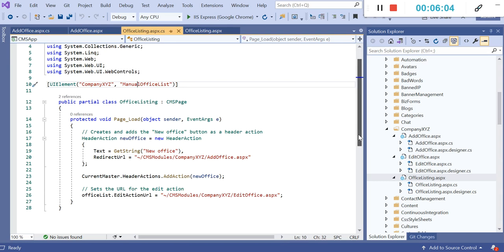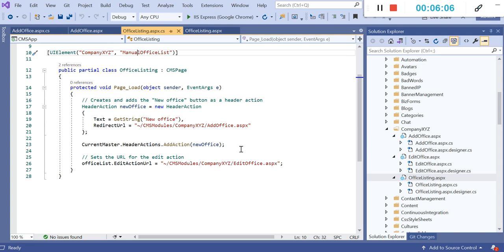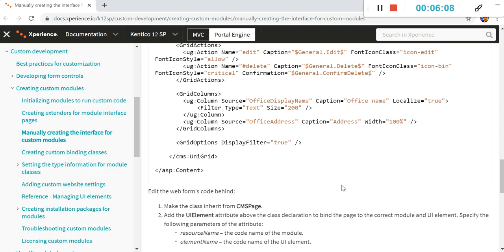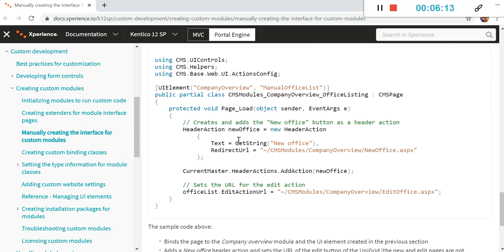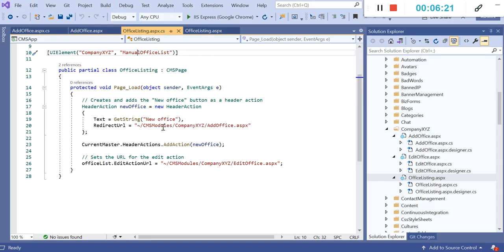So in the page load itself, let's flip to the article again. You can see for the actions, we have created some header actions, which will be a new office.